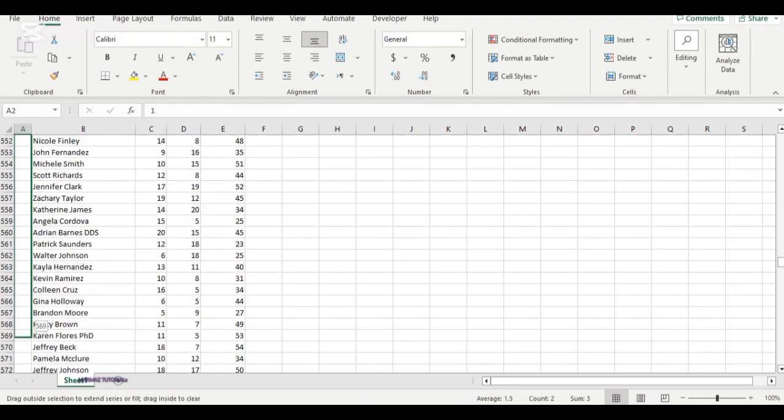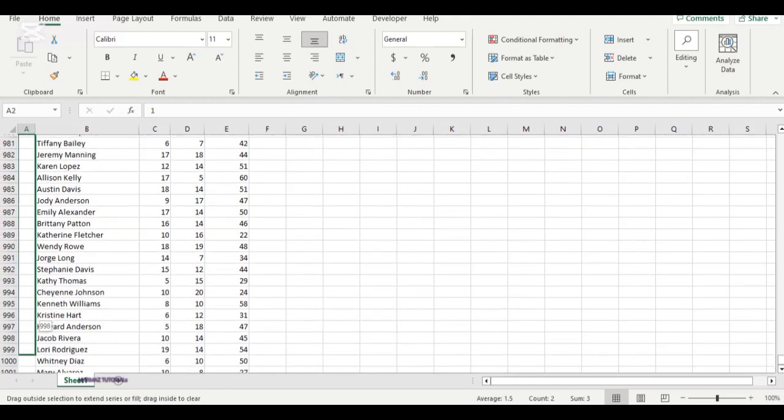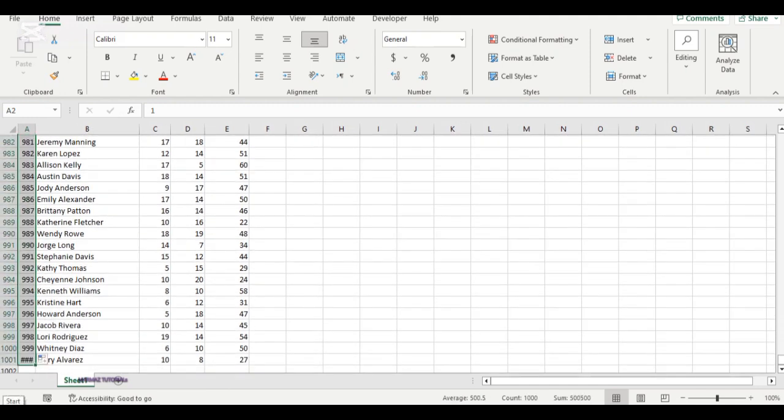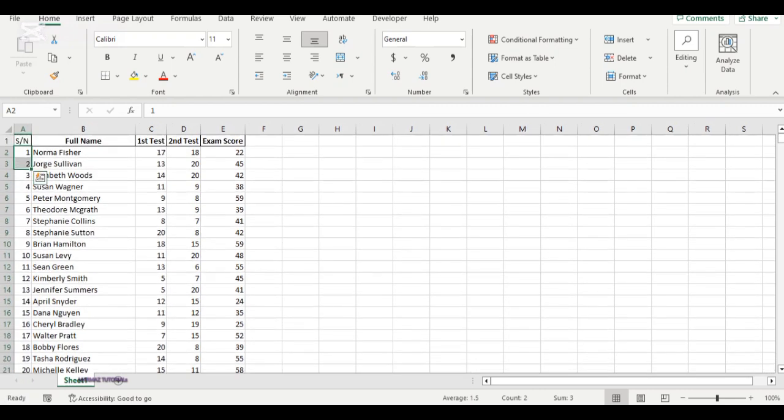Imagine I'm still dragging down to 1000. What if my file or my data set is about 1 million? I'll continue dragging down to 1 million. So this is not actually something I love. I don't like stress, because Excel also wants everything to be easy for us. So what I do instead of dragging down like that is,